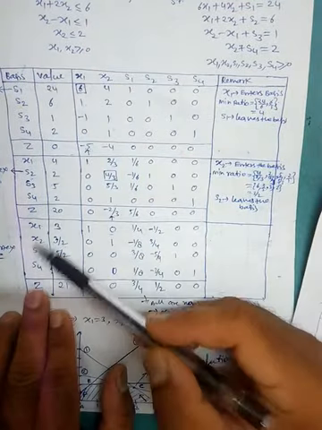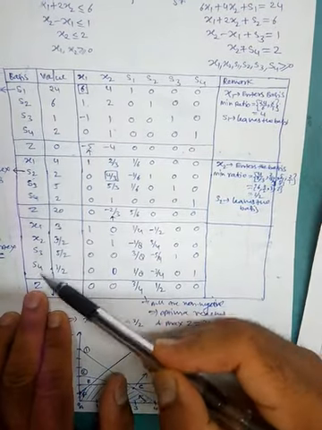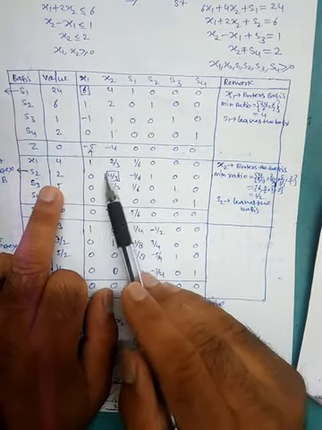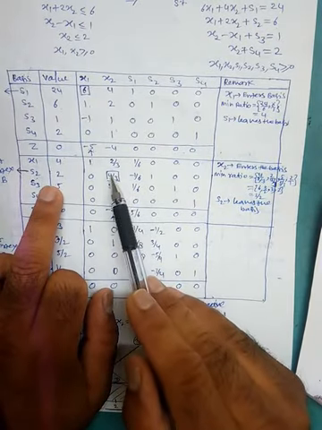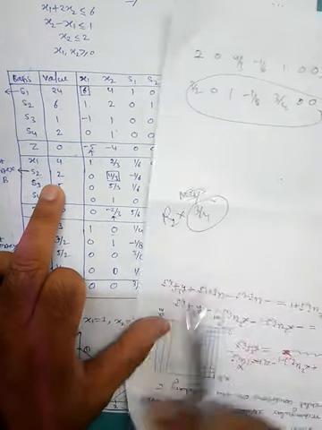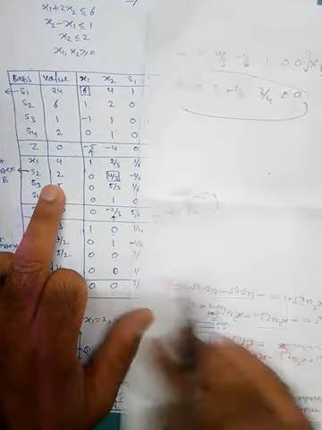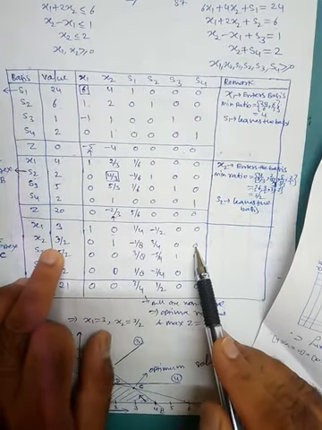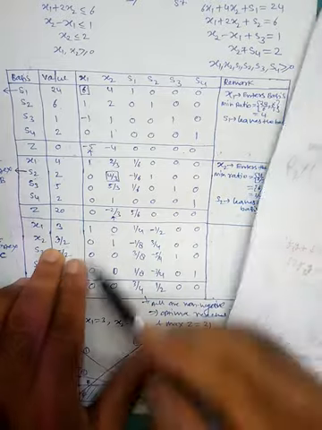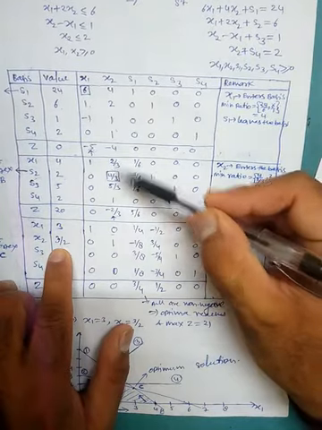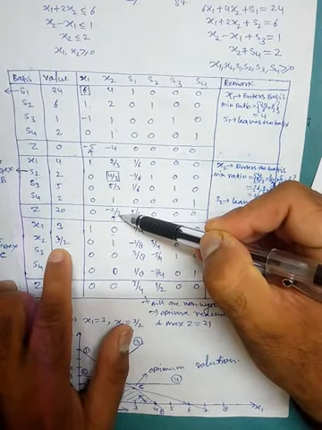So the new basis is x1, x2, s3 and s4. And now do the calculation. That means at this pivoting element, one should be here. So multiply the second row by 3/4. After multiplication we have this row, then use this second row to construct 0 0 0 0 here.